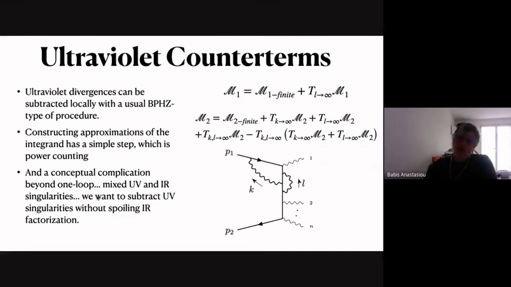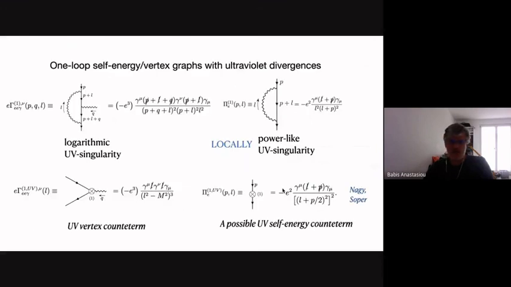The last complication is rather standard, with only a small caveat. We don't only have infrared divergences, we have also ultraviolet divergences, and we have to create counterterms for them that are local. But this has already been achieved with BPHZ, and we do exactly the same thing here as they were doing there. One complication is that when you make a local counterterm for a graph, then you have an ambiguity. You can write these counterterms in many different ways, and the differences can be only finite parts.